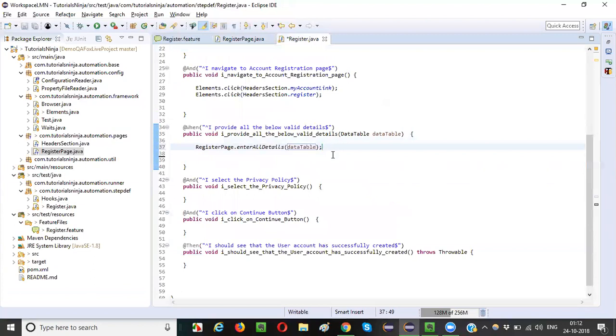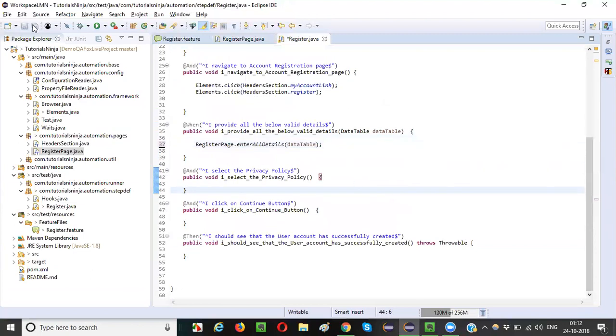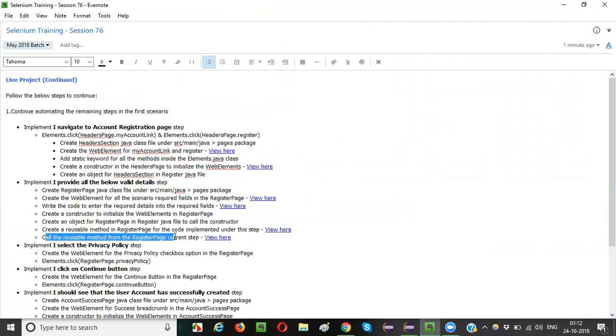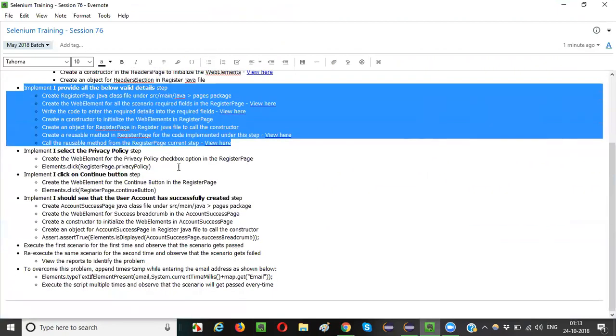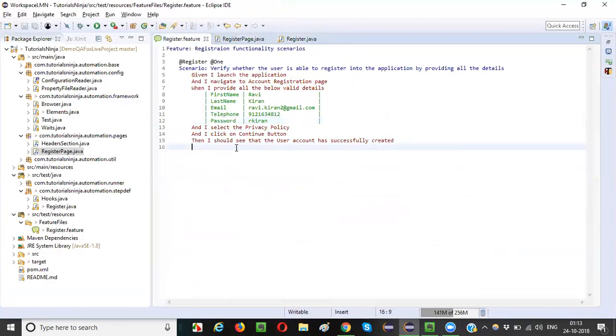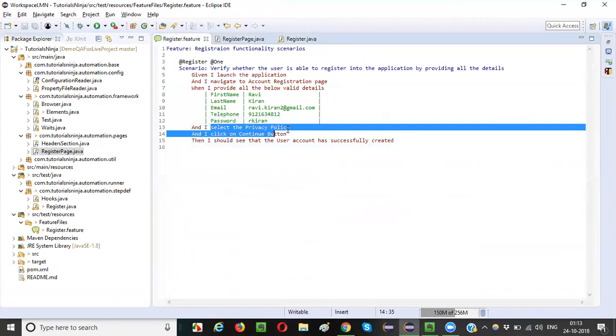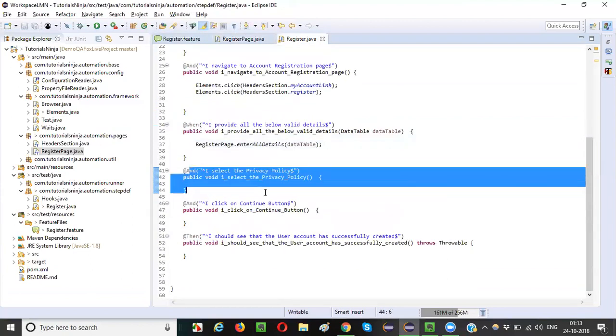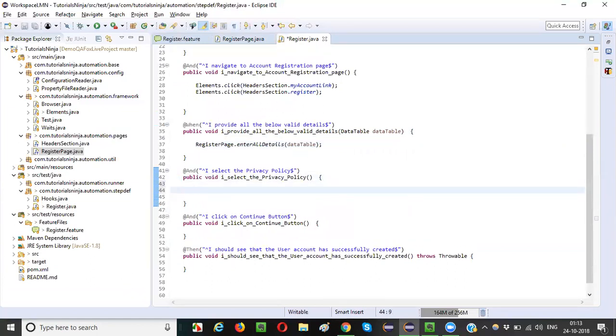Okay, like this. Now the next step, guys, this is one more thing you did. So you have called the reusable methods and you created a reusable method also. This everything is done now. Now let's move to the next step, guys. Implement I select the privacy policy step. Okay. Next step is after this is done, you can move to the next step, that is I select the privacy policy option. So here you need to implement that particular step, guys. For that, what you will do